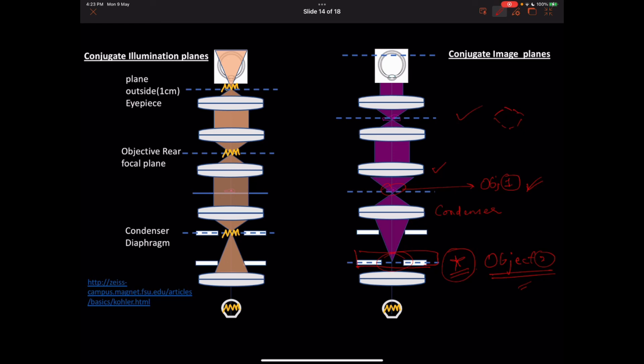If you correctly position the condenser lens, which is responsible for forming the image of the field diaphragm, which itself is indicative of the correct alignment, right? Because if this conjugate image plane also comes in the right place because of the condenser's position, it will actually overlay a sharp image of this diaphragm on all the different planes we have in the form of conjugate image planes. Now, this image of the diaphragm on all the conjugate image planes is indicative of the correct